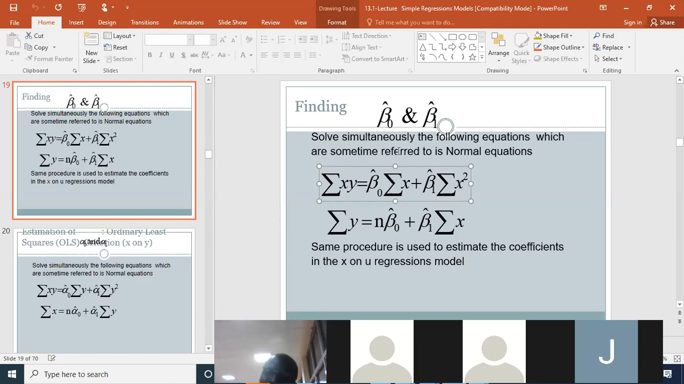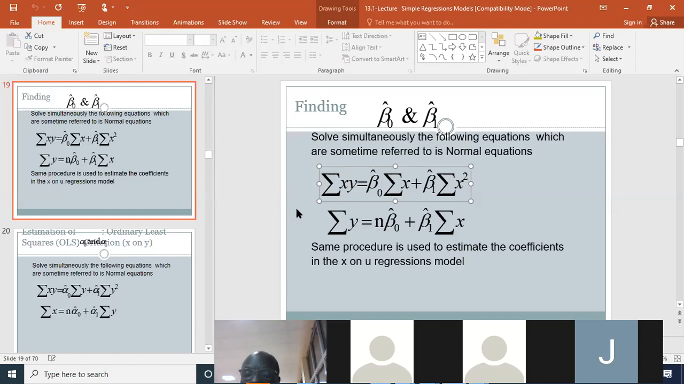The x on y normal equations are the mirror image of this equation. It is the same, the x on y. If you want to determine the x on y regression line, we'll use the normal equation, which is basically a mirror image of this one. So can somebody tell me how the normal equations for x on y would look? Because this is for y on x. What will the first equation for x on y be? The first equation would be